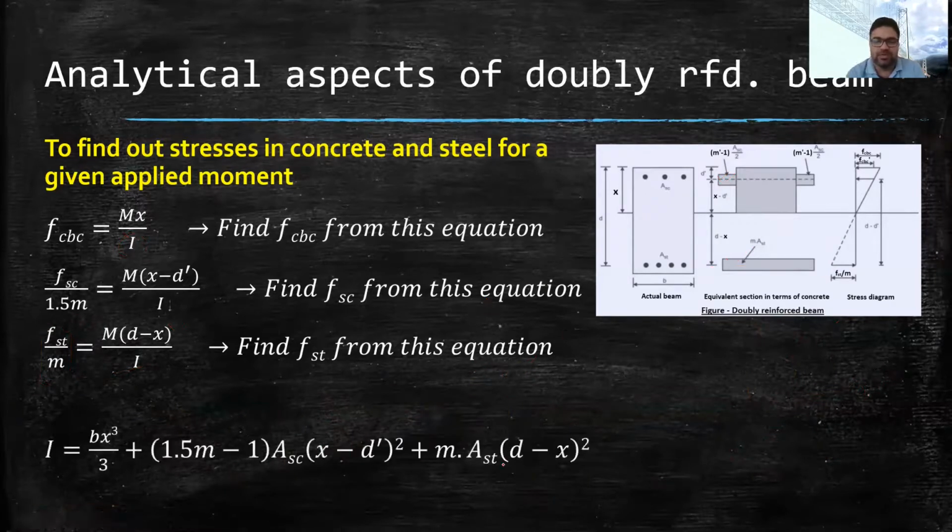So this is the formula that we can use to calculate the moment of inertia, because only then will we be able to find these stresses. If we want to use this equation, we must have the values of m, I and x. The value of x can be easily found, but the m and I values should be there.